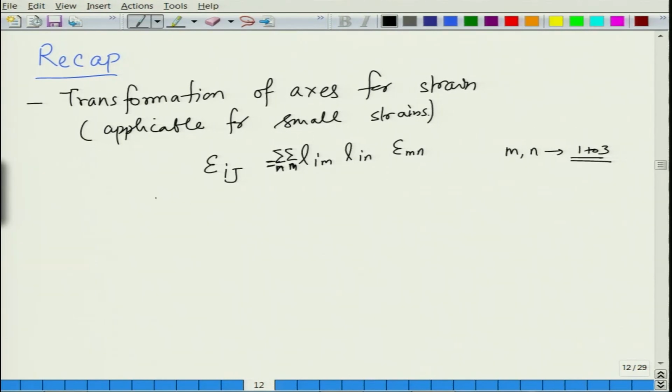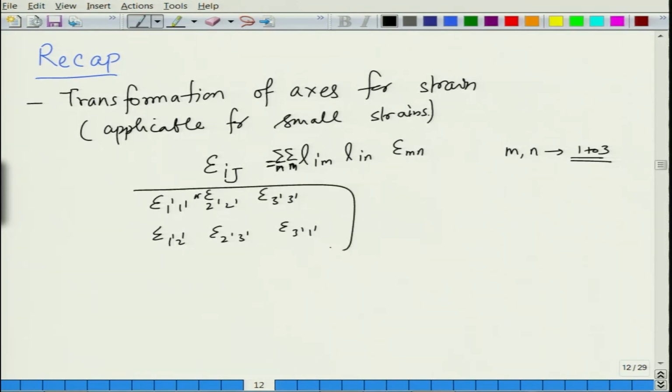So, this is how you can calculate strains like epsilon 1 prime 1 prime, 2 prime 2 prime, or 3 prime 3 prime. You can also calculate epsilon 1 prime 2 prime, epsilon 2 prime 3 prime, and epsilon 3 prime 1 prime. So, this is all possible to calculate